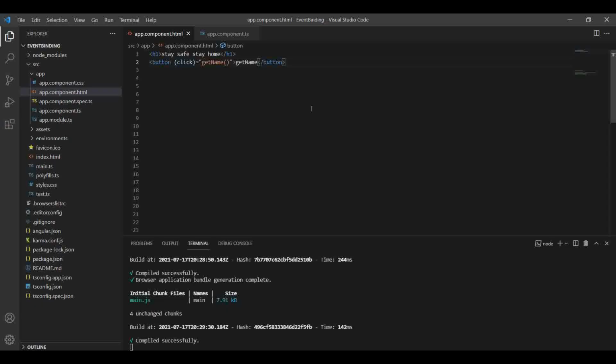Now I will go for the second way, that is the on keyword. Simply I can copy it here and paste it here, and instead of using parentheses I can use the on keyword, and after that I have to give a hyphen and click, and save it.